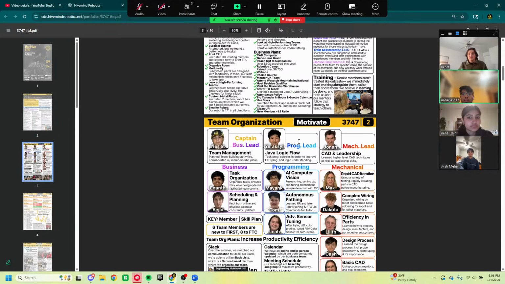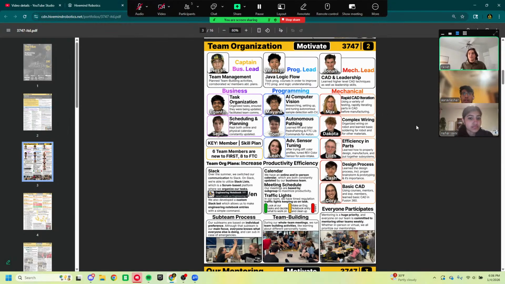And the next page, one thing that I would recommend doing when you're making your portfolio is plan for a double spread. So the idea is they would see the first page and this page at the same time. And this page is about each of our team members and then their individual goals. And then we also have some team organization plans about how we're organized as a team. This is a pretty simple page. We're a large team, so it's kind of hard to fit all the people, but if you have